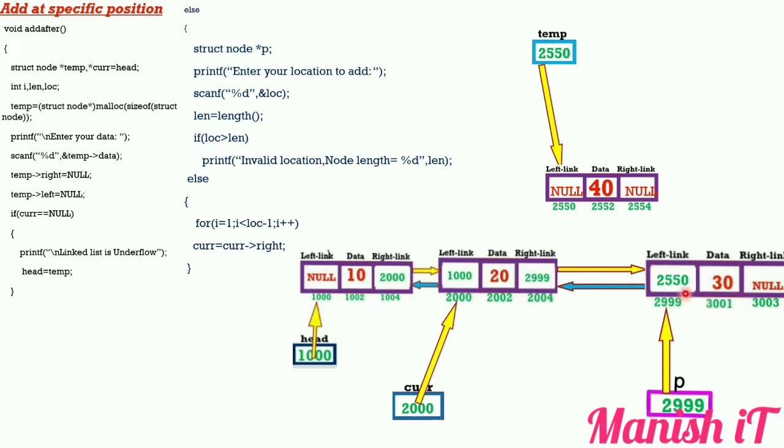See how it's looking like this. So now the connection in between has been created. See this, it starts pointing to here because its left part is stored. That's why the backward link, the backward connection, has been created. Now we have to add the base address of this here. The base address of this new node is 2550. So whenever we store 2550 here, it starts pointing to here.